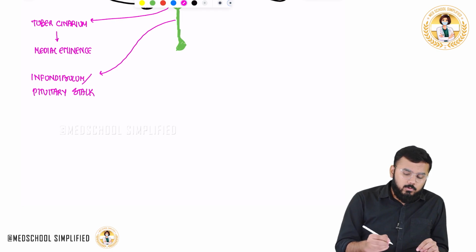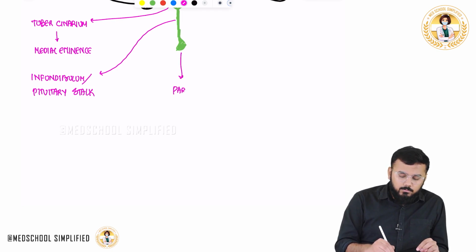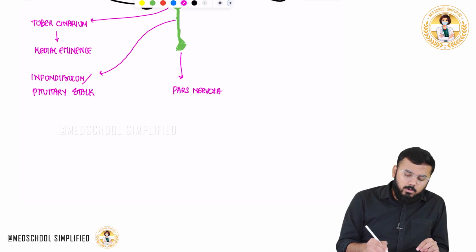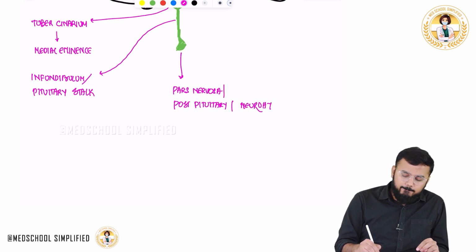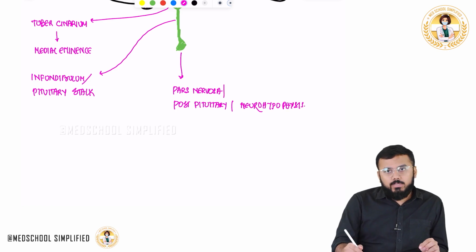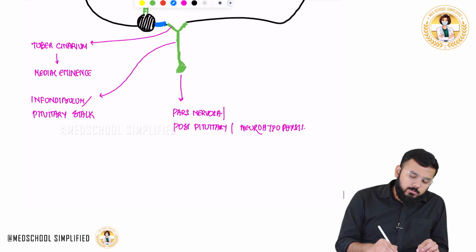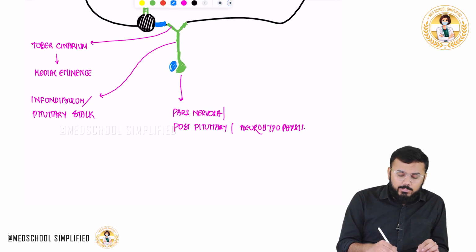So your pars nervosa is also called the posterior pituitary, or you can call it the neurohypophysis. Now attached to this pars nervosa over here, we have another important structure called the adenohypophysis or